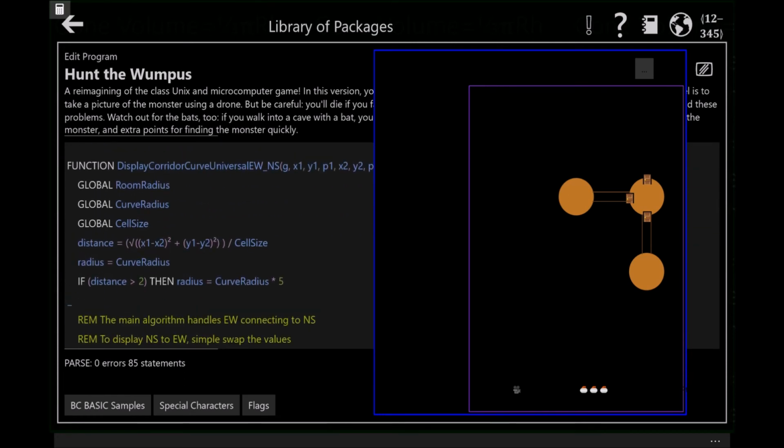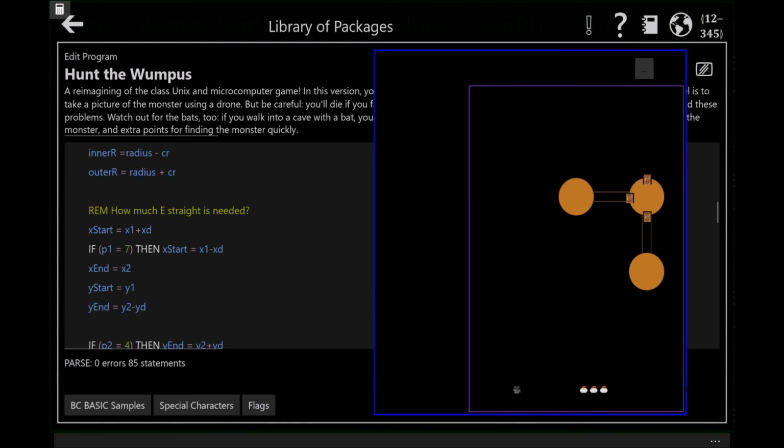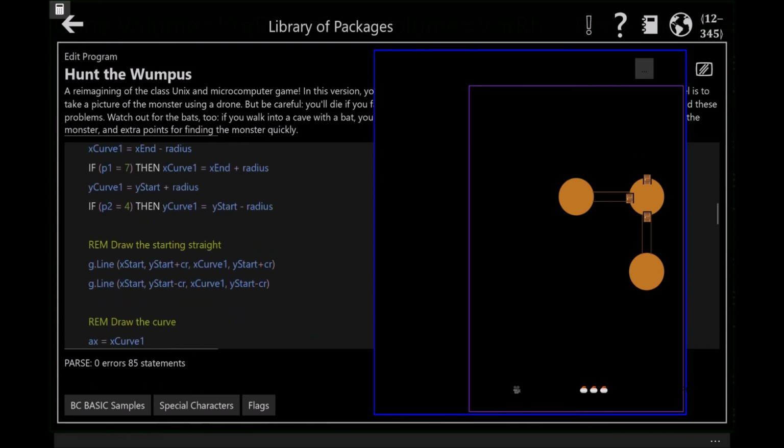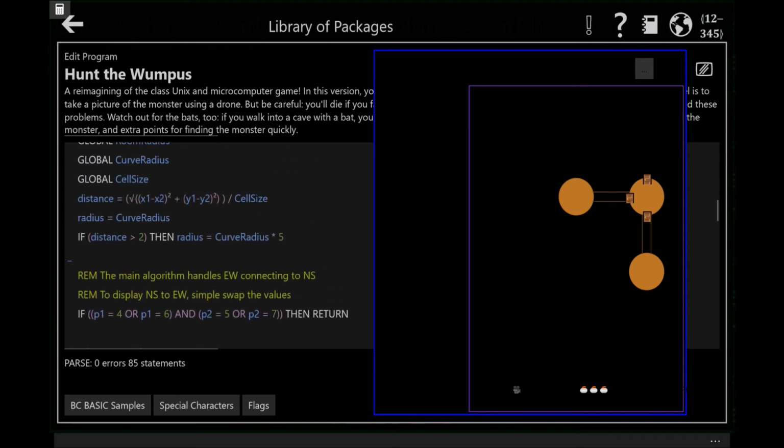And look at all this complicated math in order to figure out what the radius should be, what the curve radius is, and how we handle the connectors. This took a while to come up with, like, how do I draw the arcs and all that. One of the fun things about